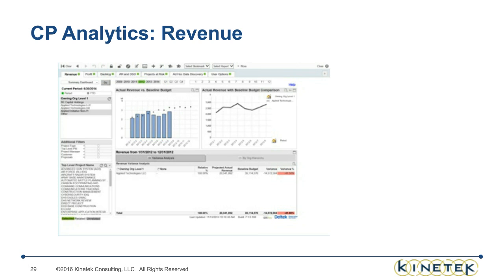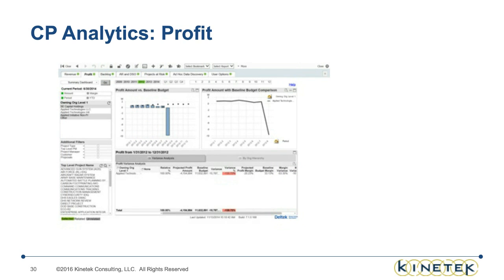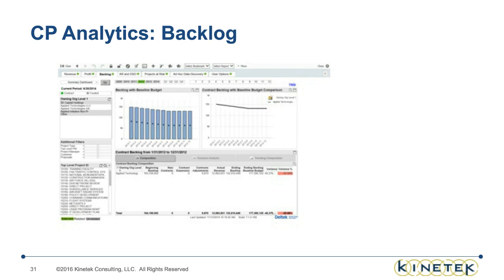And then we have the similar type of analysis that we can do on profit. Again, as program finance professionals, we have responsibilities to review revenue and make sure that's right. We have responsibilities to the bottom line to take a look at that. So we have to do our part in analyzing that information at the program level. Of course, backlog is important. We need to know how much we have left out there to spend. We need to make sure that we're spending it and we're maximizing what our revenue capabilities are.